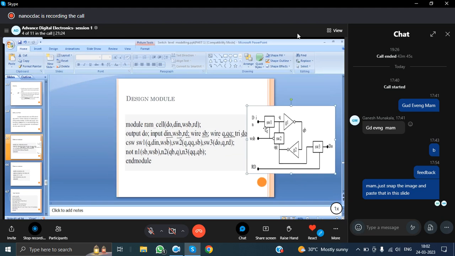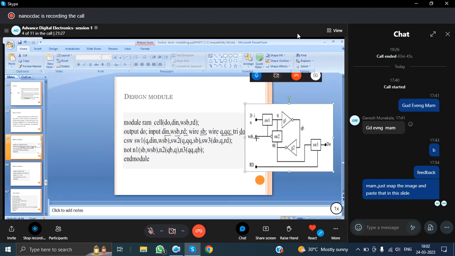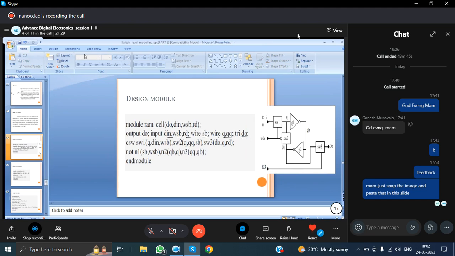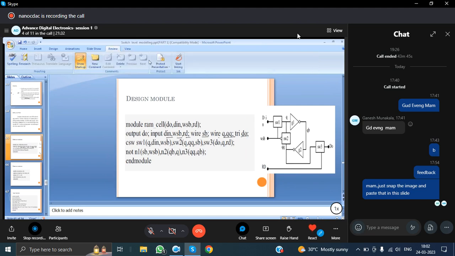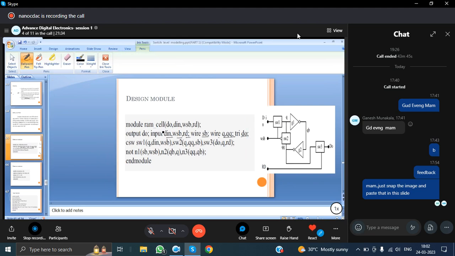You can see here, just నేను names కోసం పెడుతున్నాను figure ని పక్కన. Okay. We have, చూడండి, RAM cell input is DN, output is D0. Okay, DN, WSB, RD, and wire is SB. Okay, ఇక్కడ what is that SB ఎక్కడ ఉంది? RD is the output. Yeah, SB అనే ఒక వైర్ తీసుకుంటున్నాం. ఇంకోటి QQ,